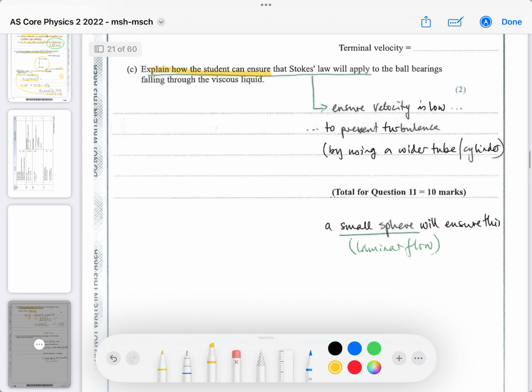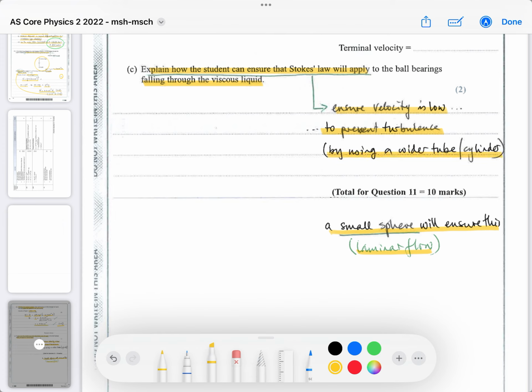Explain how the student can ensure Stokes' law will apply to the ball bearings falling through the viscous liquid. So basically, falling through the viscous liquid, we want to ensure we don't have turbulence. And to do that, we want to ensure the velocity is low. So you want to use smallish ball bearings. A small sphere ensures that we have laminar flow rather than turbulent flow. You can also use a wider tube or cylinder,